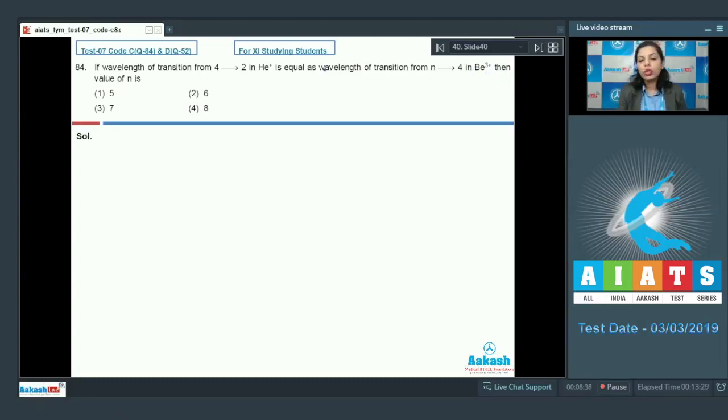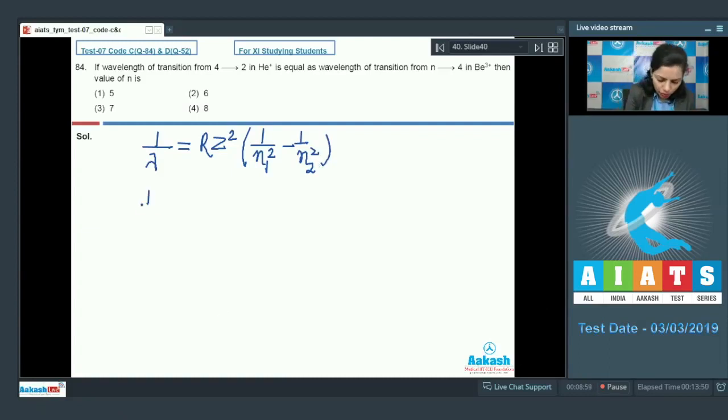We know that in these two cases wavelength is equal, and the relation between the wavelength and the shells from which transition is taking place is 1/λ = RZ² (1/N1² − 1/N2²). So first we'll consider the case of helium. For helium, this 1/λ is equal to R. What would be the value of Z for helium? That is 2. So it becomes 2²